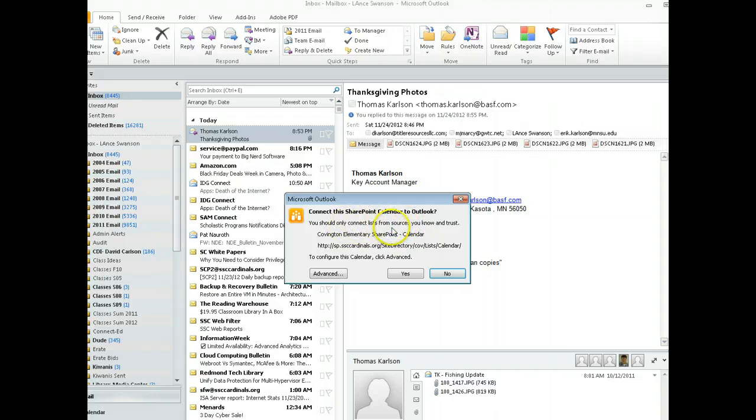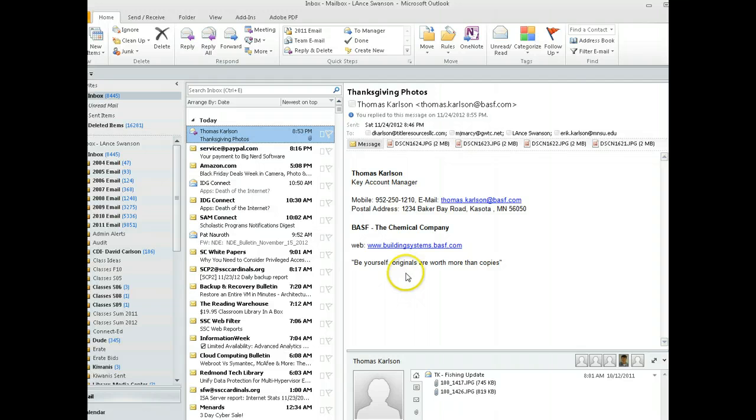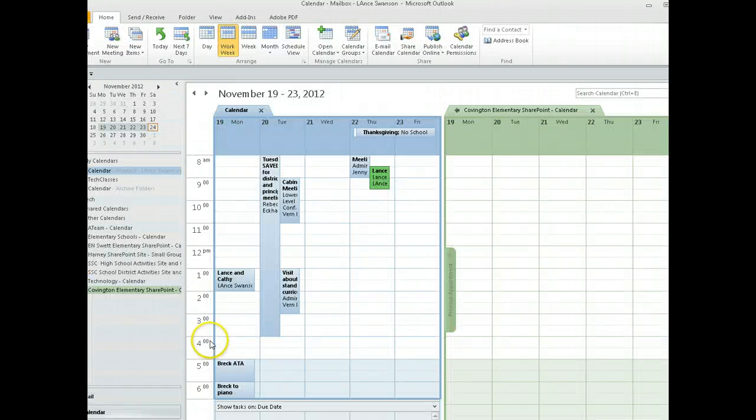Now, you should only connect lists from sources you trust. I trust Covington, and I trust SharePoint, and it shows me sp.ssccardinals.org. If this does not say sp.ssccardinals.org, you might be going somewhere you don't want to, but pretty much you're only going to want to connect with those, and it only lets you connect with those right there. So I'm going to hit yes,